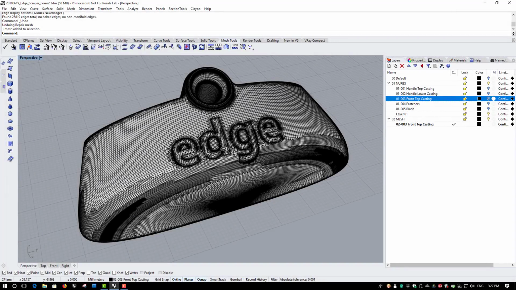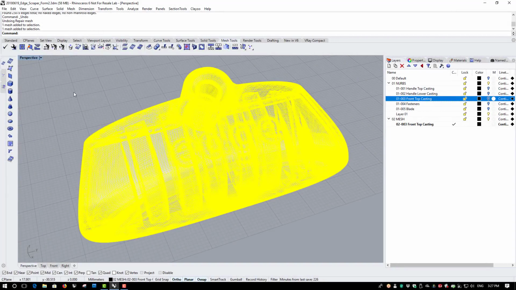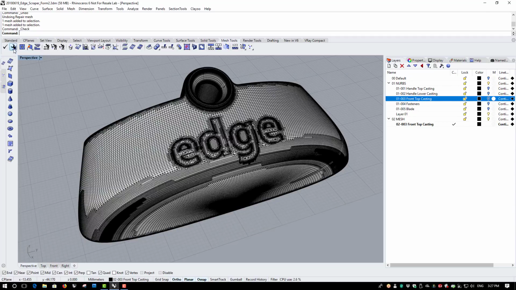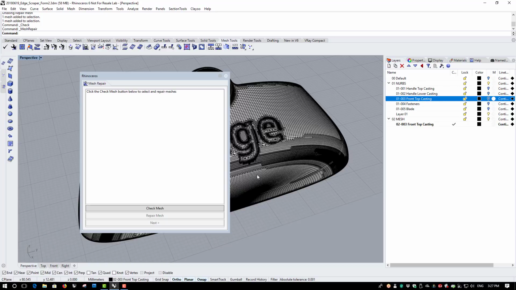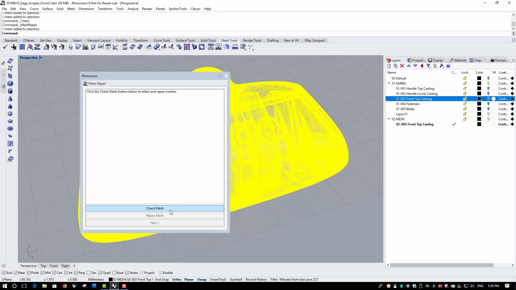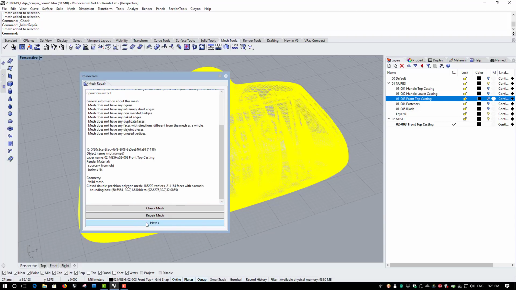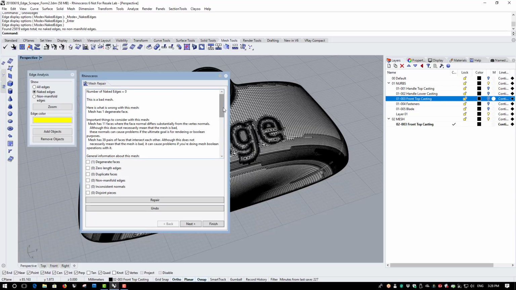It's sometimes the case that when you create a mesh in Rhino, the result won't pass the check command. So here we have a mesh with one degenerate face. In this case I can run the mesh repair tool, and I can check the mesh first of all, then I can choose the next button, pick the one degenerate face here that I want to repair, click on the repair button,